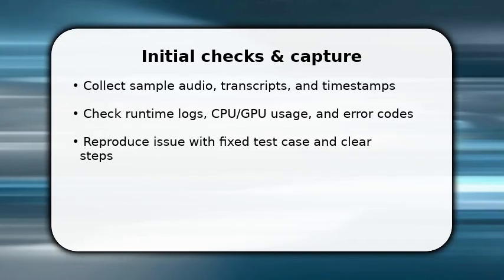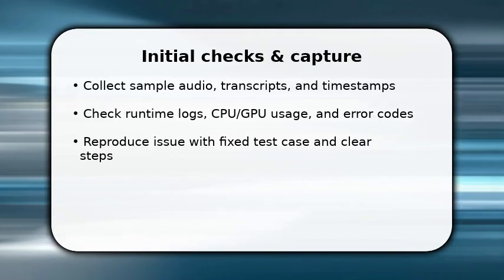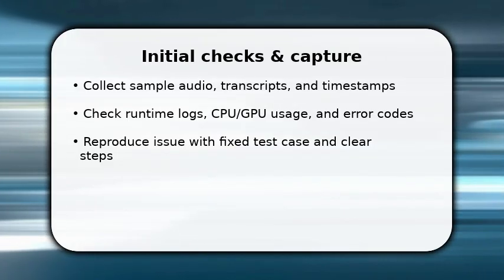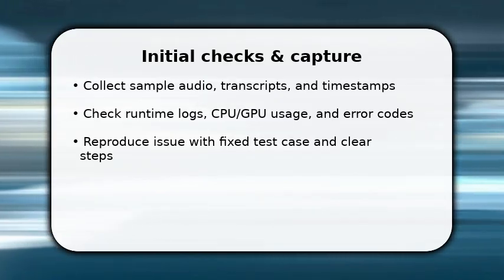You start by collecting reproducible evidence: audio clips, transcripts, timestamps, and the exact steps to trigger the failure. Once done, inspect runtime logs and monitor CPU/GPU, memory, and latency to spot anomalies. Make sure to reproduce the bug with a small, fixed test case so you can iterate quickly. From there, isolate whether the fault is model, preprocessing, or I/O by toggling components and recording which change affects the